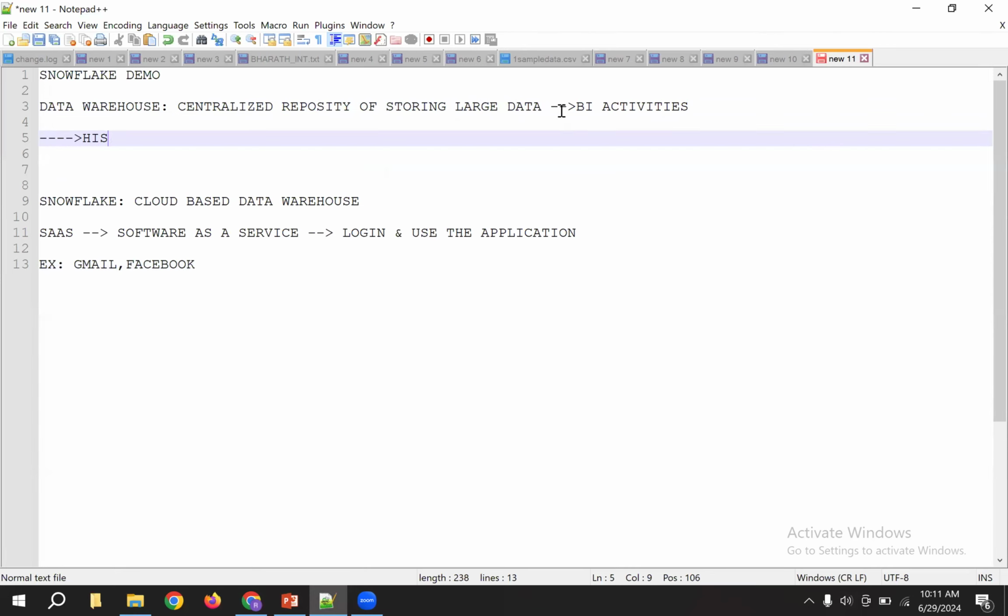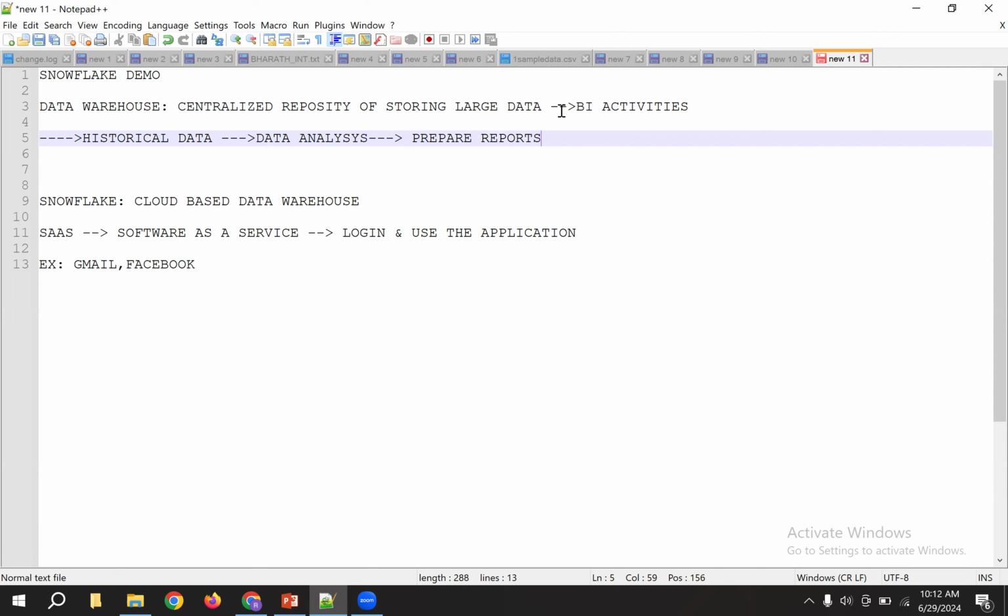If I have some historical data, think like this: last 1 month sales data I'm having. Historical data means last 1 month sales data. So I'm going to check what is the most saleable product, from which product I'm getting more revenue, from which product I'm getting more profit. All these things I can analyze. So I have some historical data, I'm going to do the data analysis based on this. And reporting. Based on that, I'm going to prepare reports.